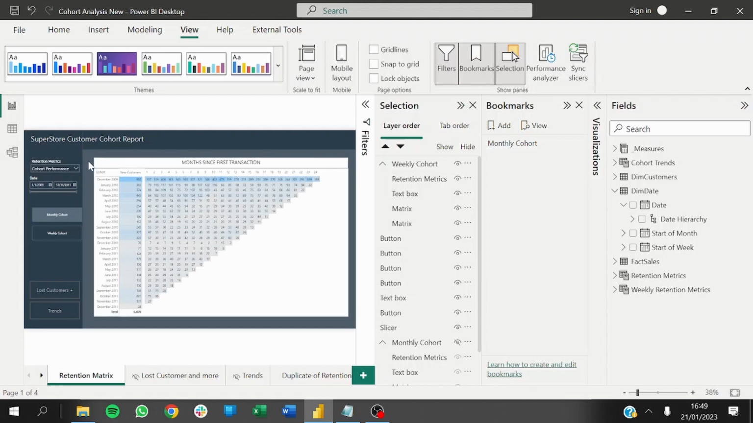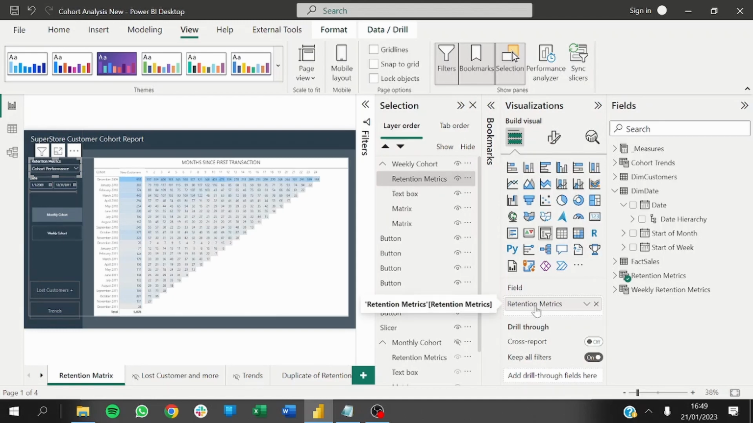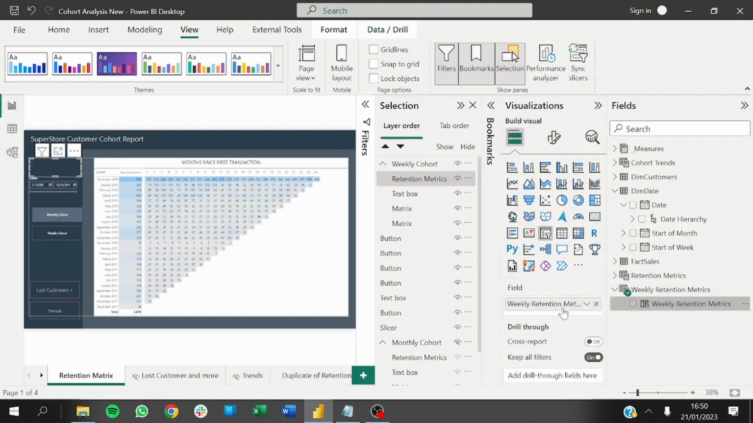So what we're going to do is we're going to take it in bits. Remember that now we are looking at the weekly cohort. The monthly cohort is hidden. So now we can modify this. We can choose to replace this with, let's go to the visuals. Instead of having the retention metrics here, we would want to have the weekly retention metrics there, right? So let's rename this